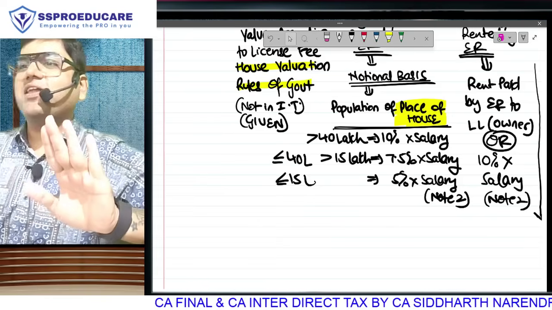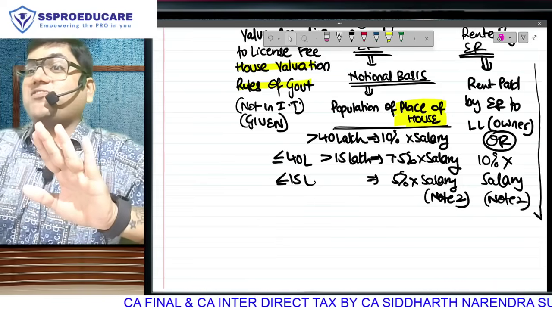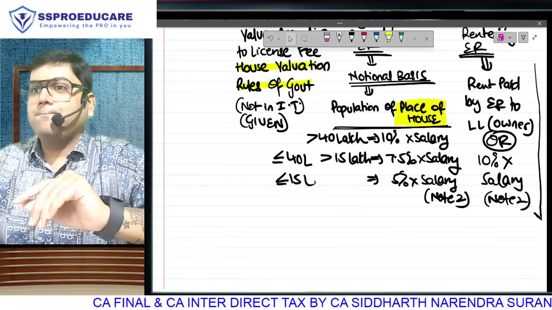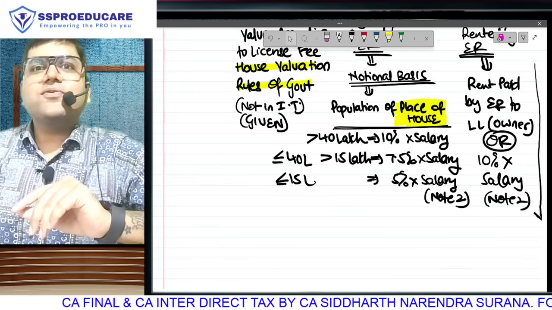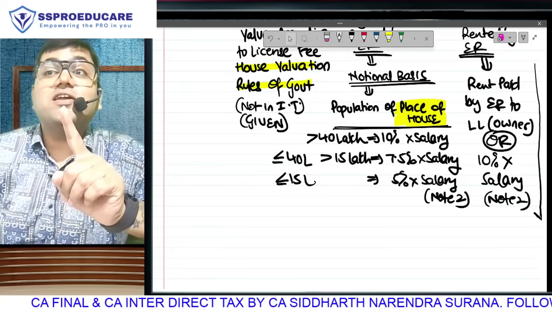So purchased houses, direct notes. Rented houses, actual rent, but restricted to 10% of salary. Do you understand? But this is the value of a rent-free